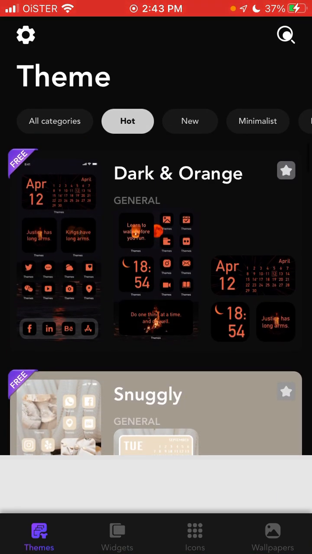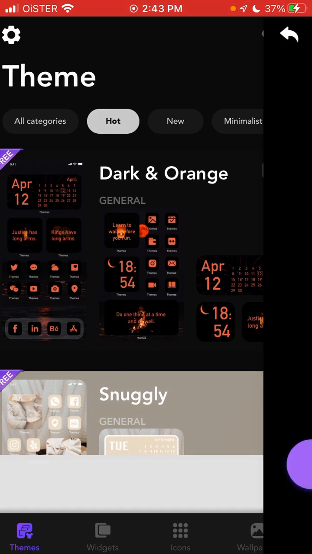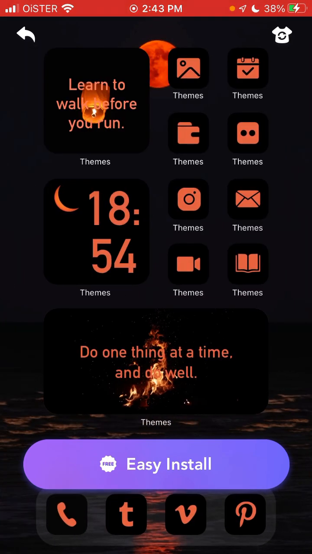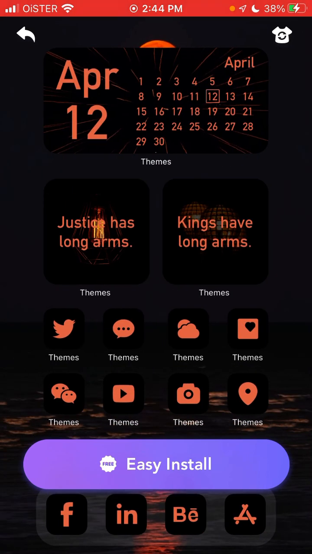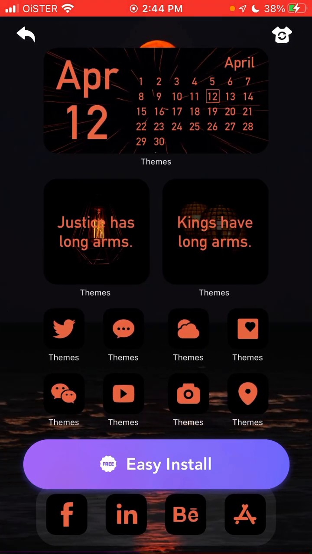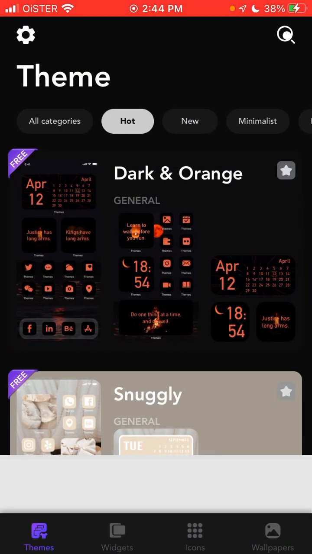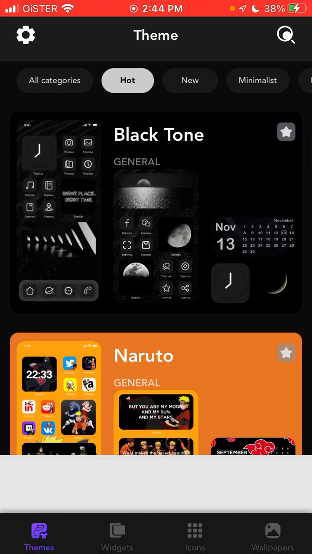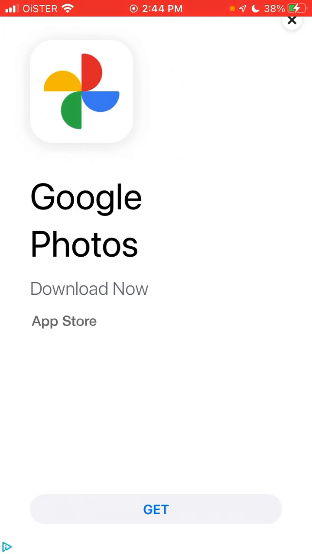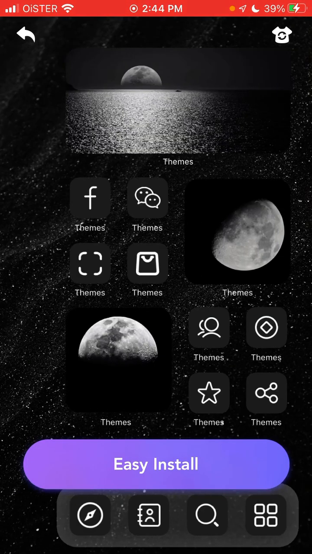So this is the first tab. Just go to the theme, and here you have everything combined. So you have related wallpaper, widgets and icons, which you can install here. That's basically what your home screen might look like if you install all of these wallpapers, icons and widgets. So you can just use that, or you can use something like this black tone or anything like it. But the thing is,